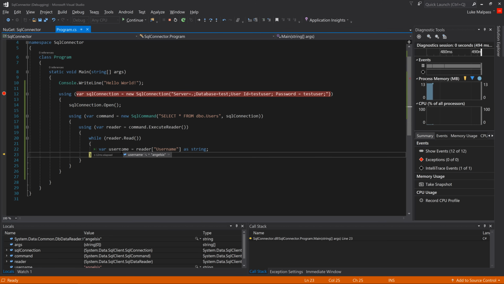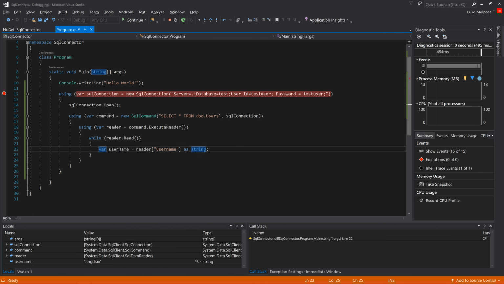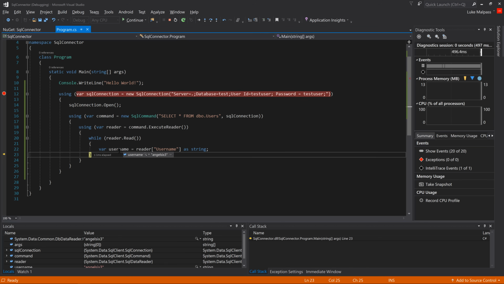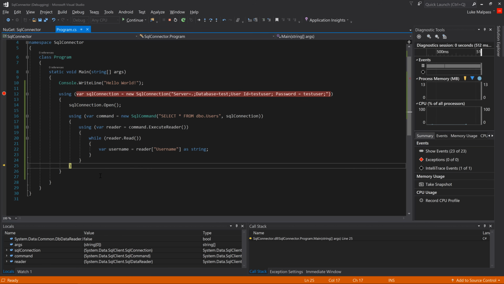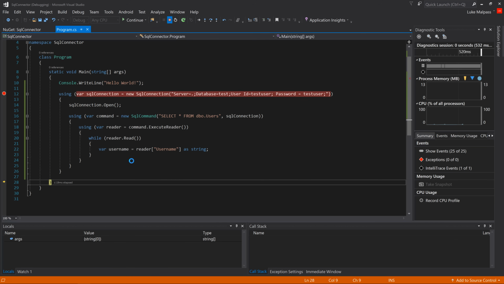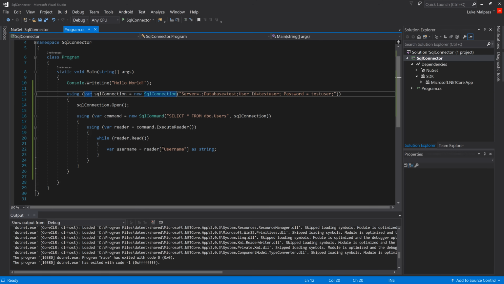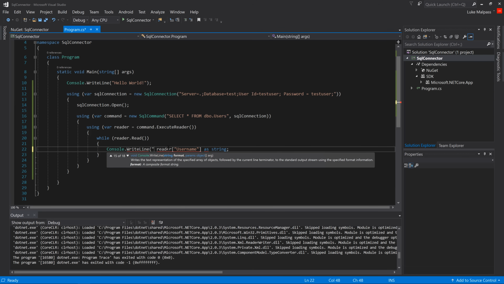We get the username, which is Angel6. We read again. We get the next username, Angel6. And then we get the next username, Angel63, and then it should pass over. So that's now working. We're reading the content. So we could then output this to the console. We could say Console.WriteLine. And we could output